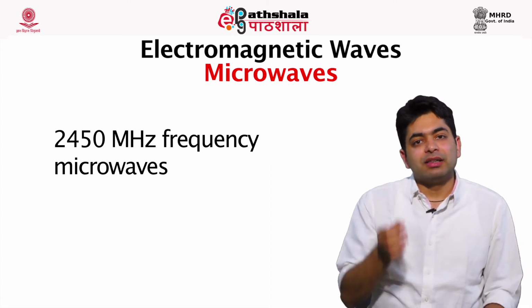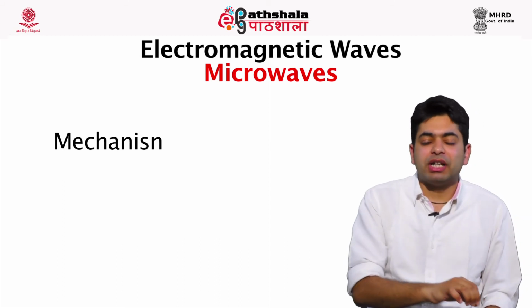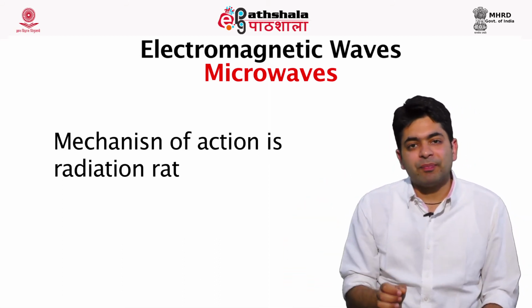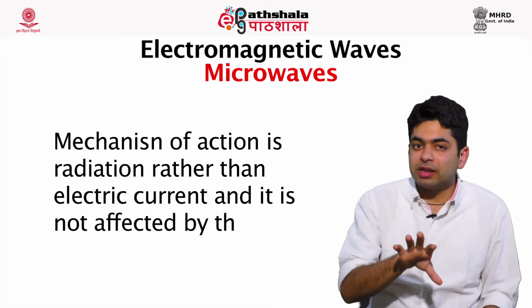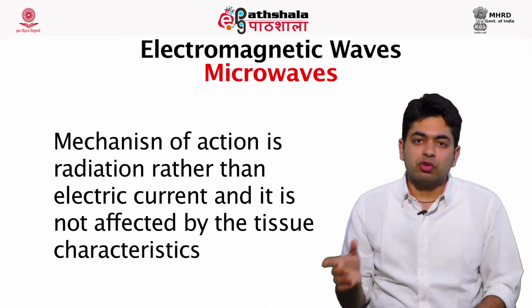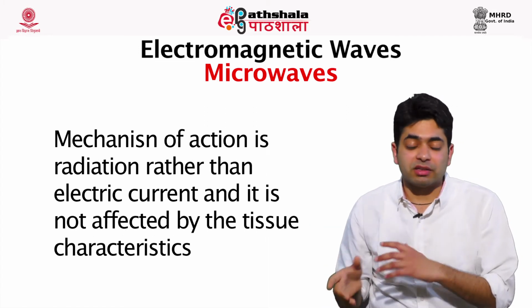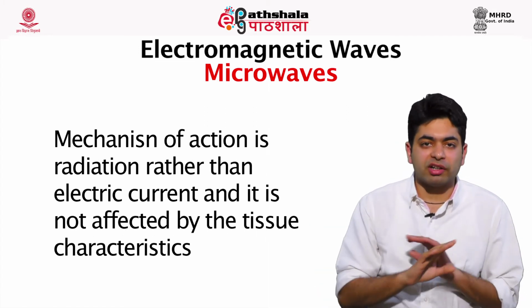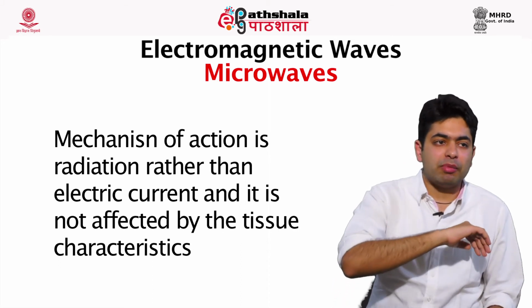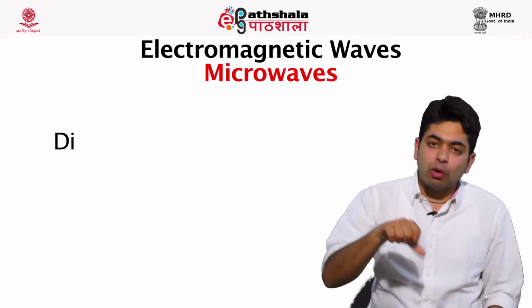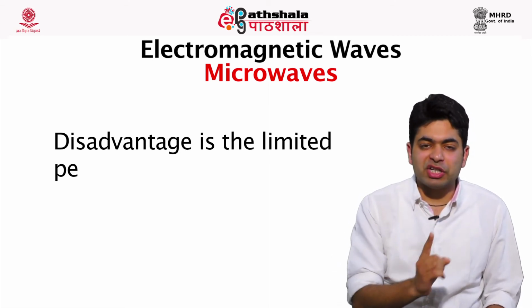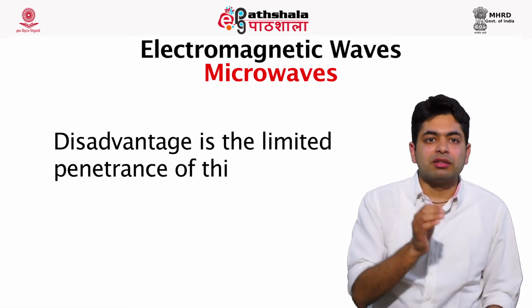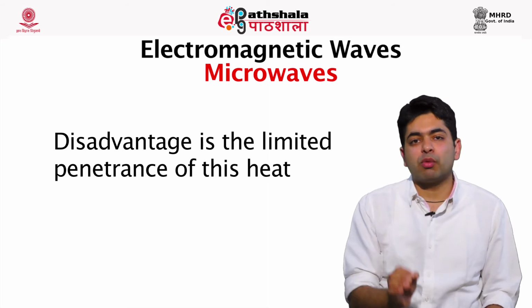The difference between microwave ablation and radiofrequency ablation is that radiofrequency ablation is based upon electrical current and hence it depends upon the tissue it is ablating. So it is dependent upon the tissue characteristics, whereas microwave ablation does not respect the tissue boundaries, it ablates all the tissue around it. The downside is that the circumferential area it ablates is very small, and hence sometimes multiple probes are required to do the job.